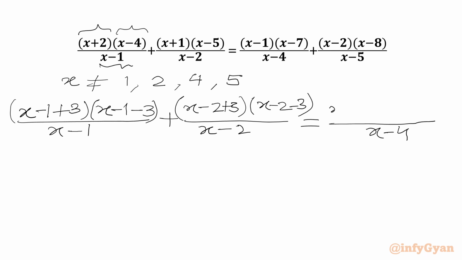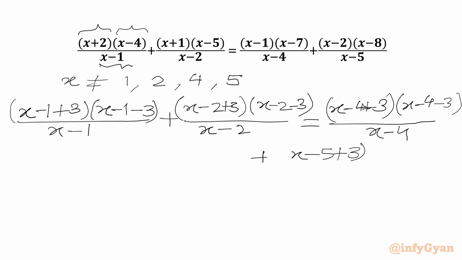We'll write x minus 1 equal to x minus 4 plus 3 times x minus 4 minus 3, plus x minus 5 plus 3, which is x minus 2, and x minus 5 minus 3, x minus 8